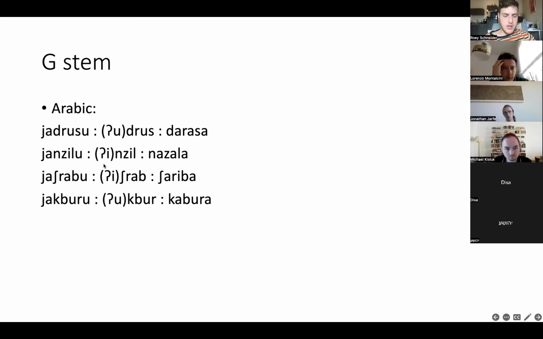So in Arabic, we have these a-u verbs, which is funny because there's no iparas in Arabic, but still these are kind of a-u verbs. So darasa, udrus, yadrusu, and this is the most common fientive verb. And then the i ones, yanzilu, inzil, nazala. The a ones, yashrabu, ishrab, which are accompanied usually by an i vowel in the past, which is nice. And the u vowels, which come with a u in the past as well.